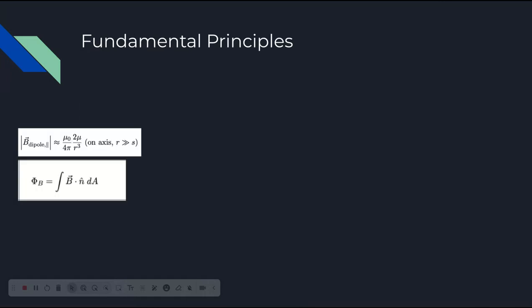So the fundamental principles we used, you can't see that, but we're supposed to have the Biot-Savart law up here. Don't know where that went. And then the magnetic field of a dipole, and then the flux of B equation. The change in that flux of B is going to cause an electromagnetic current, which is going to cause another magnetic field to pop up that opposes that, and that's really going to form the basis of our